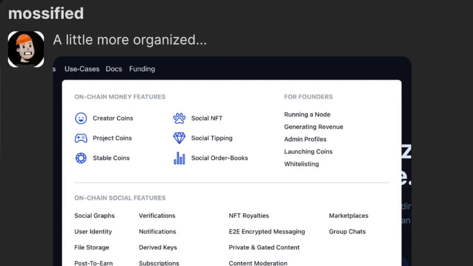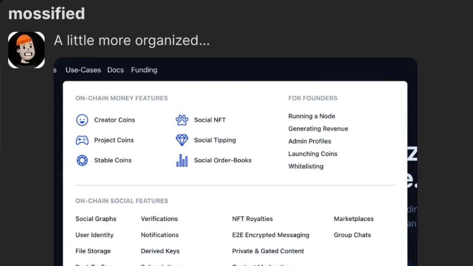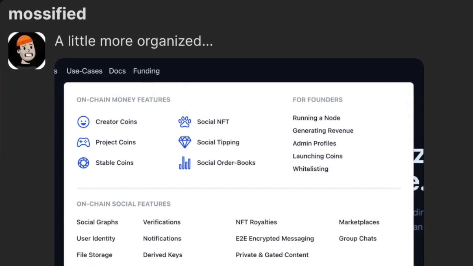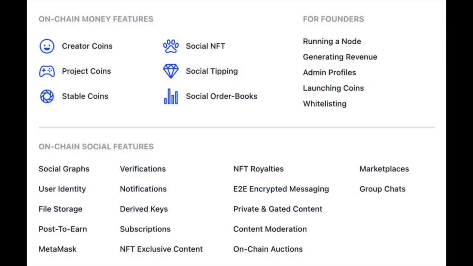But anyhow, Mossify made a post showing what appears to be part of the new developer portal. I believe that's what he said it was. He basically outlined different features that are going to be on the portal, kind of as an explainer to people coming onto the blockchain. It's going to show the on-chain money features, which include creator coins, project coins, stable coins, social NFTs, social tipping, and social order books. So it lets developers see what's out there as far as money native